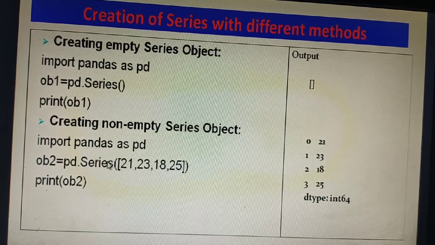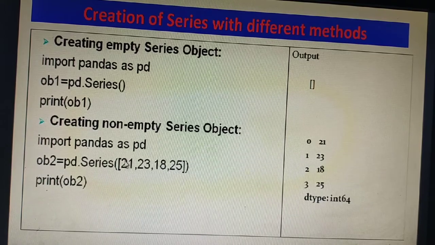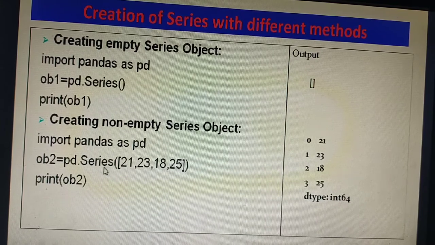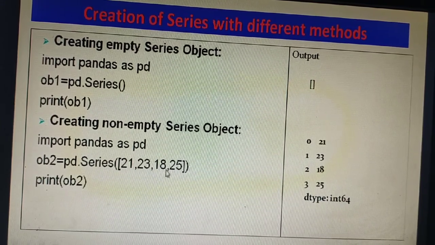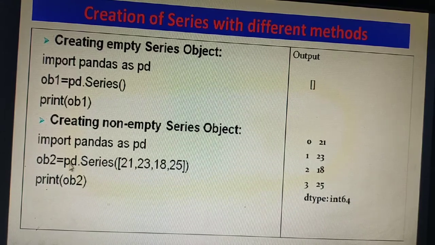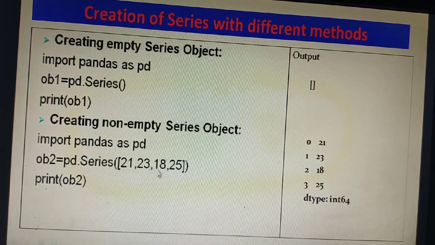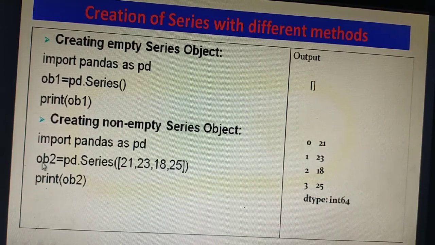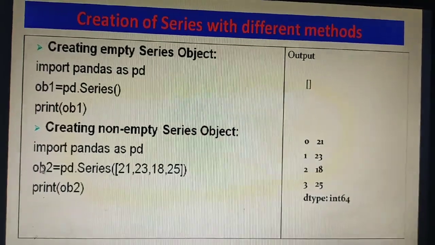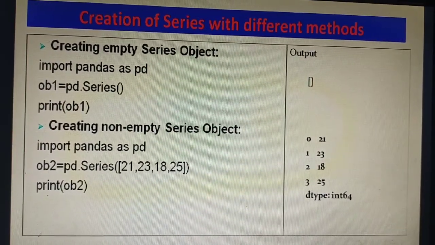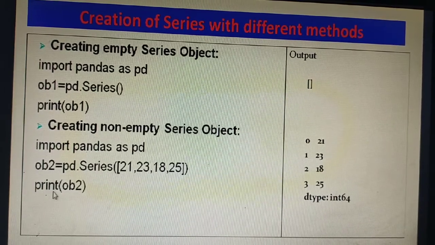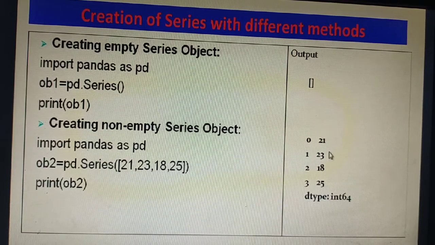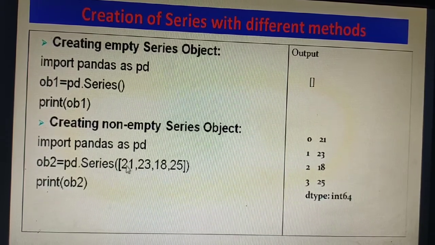You know, the list is written inside the square bracket, with the elements separated by commas. So pd.Series is a function which is used to convert the list into the series. The pd.Series function contains the argument as a list, and then it will convert it into the series, and that will be stored in OB2. So OB2 will hold the series containing this data, and when OB2 is printed you can get this type of output. So this is the series containing the same data.